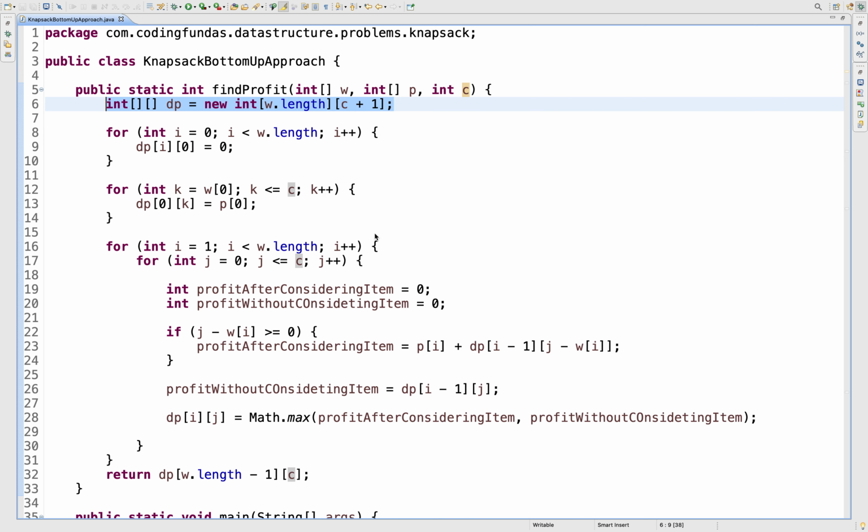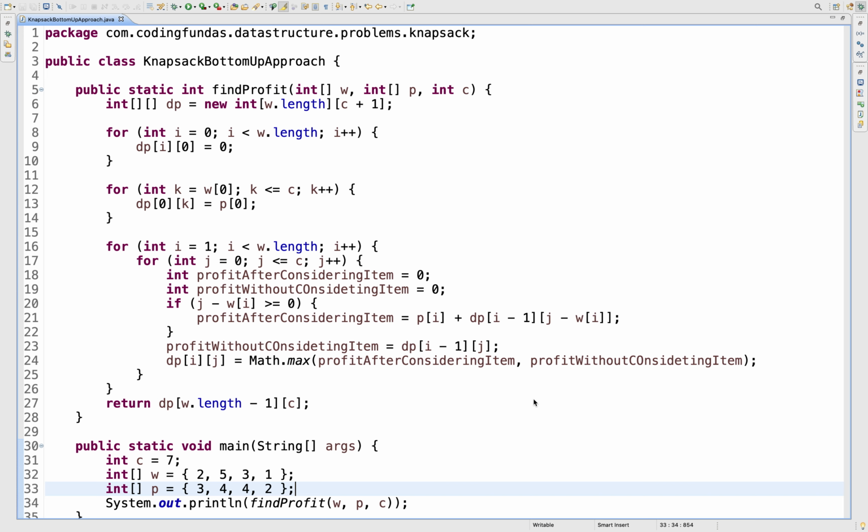And if we talk about the space complexity, that will also be number of items multiplied by the capacity for the array that we have taken, plus the stack size that is formed by the recursion. The maximum size of the stack will be of the order of the number of items. So that space complexity will be added in that recursion memoization solution. So I hope this time complexity and space complexity is clear to you.